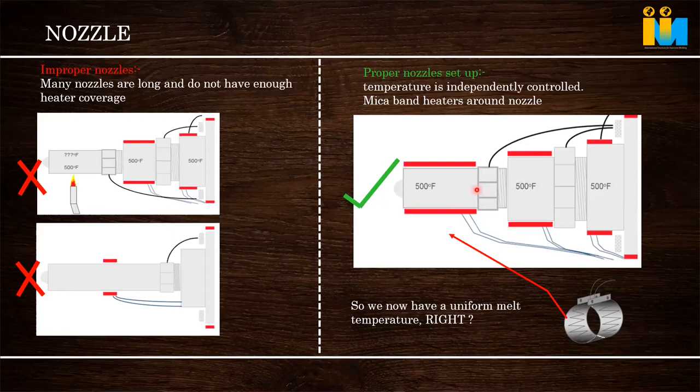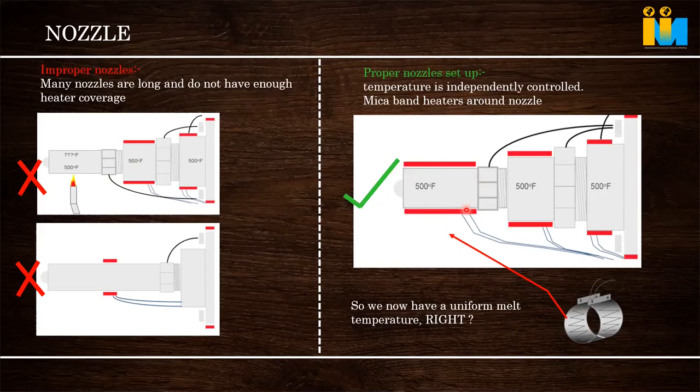And what happens? As I told yesterday, the heater heats up very quickly. In a hot runner also, the nozzle heats up very quickly because it is a small element. The volume of the steel is very small, and the head of the machine takes more time to heat and more time to cool. So if you connect the thermocouple to the head of the machine and the nozzle together, one heats fast. Obviously, problems like burn marks and skin come. So independently, we have to control the heater of the nozzle.